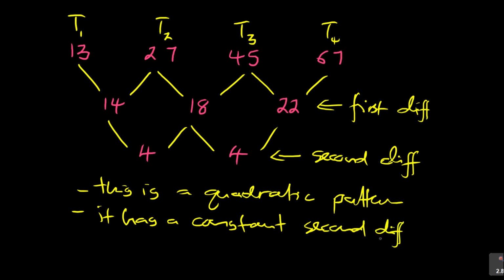Very important, not first difference. So the key part is it is a second difference, and you can see that it is constant, 4 and 4. So that is what makes it into a quadratic pattern. Okay, so the next question here is